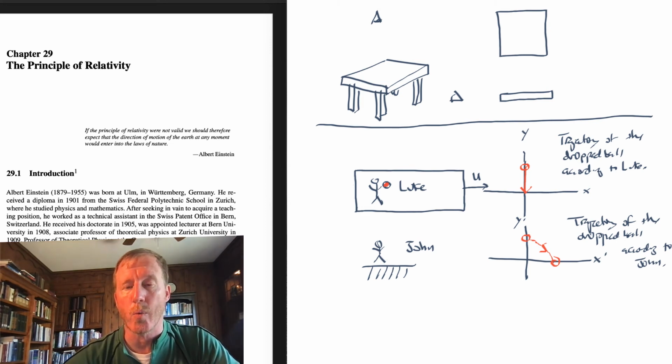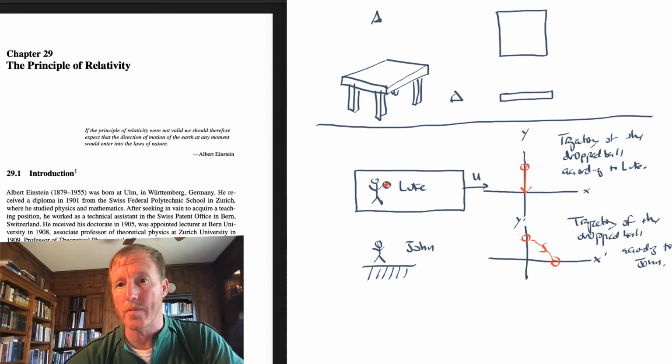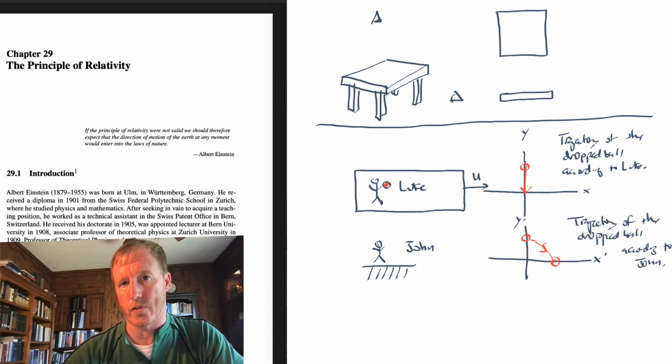One might say, well, if there is no such thing as absolute space, then there really is no way of knowing which is the true trajectory of the ball. They're both describing equally valid trajectories of the ball. If, however, you believe that there is some absolute reference frame, you might say that Luke sees it falling straight down, John sees it moving in parabolic motion, but John is the preferred reference frame. He's the one really at rest, and so his is really the correct trajectory,